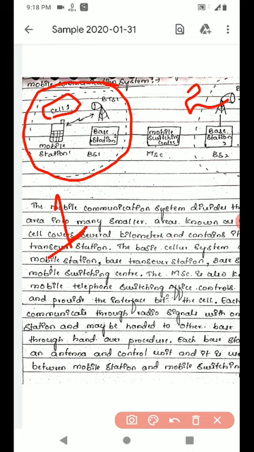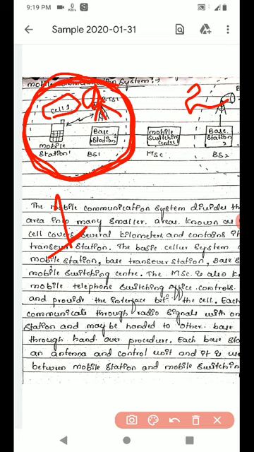If I am considering a geographical area, that will be called a cell. Actually it is hexagonal in shape, but for your reference, consider this as a cell. In this cell there will be one antenna, that is the BTS, base transceiver station.